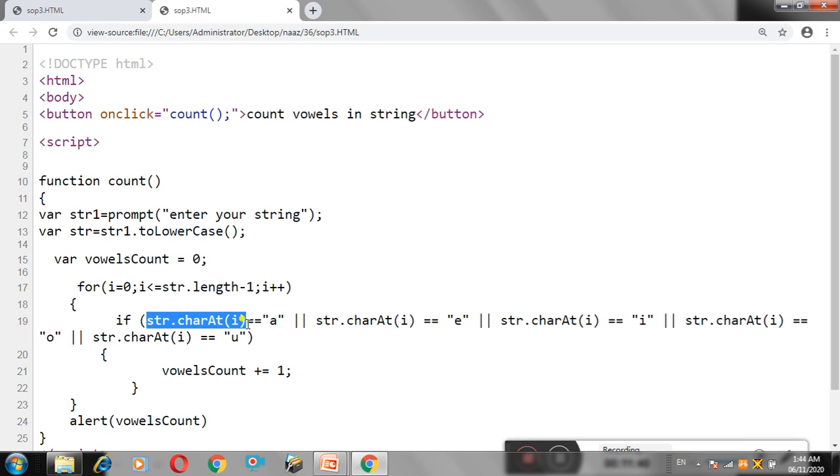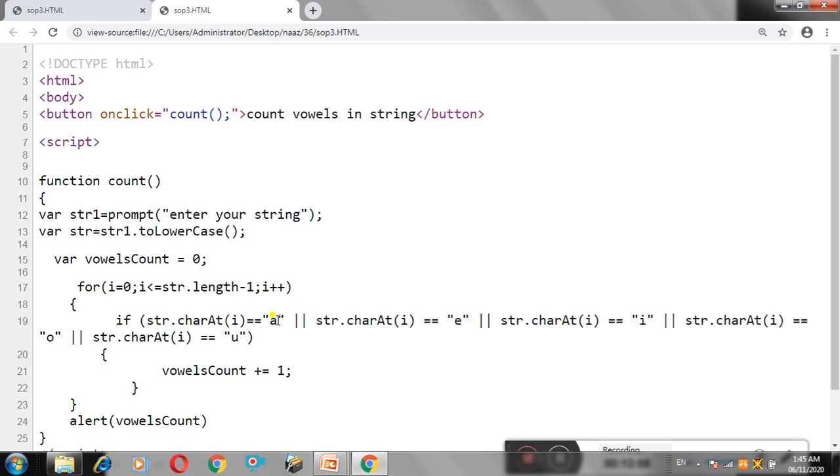So what this charAt method will do is return the character at the position entered. So if you enter 0, it will see the character at the 0th position. If that character at the 0th position is equal to a,